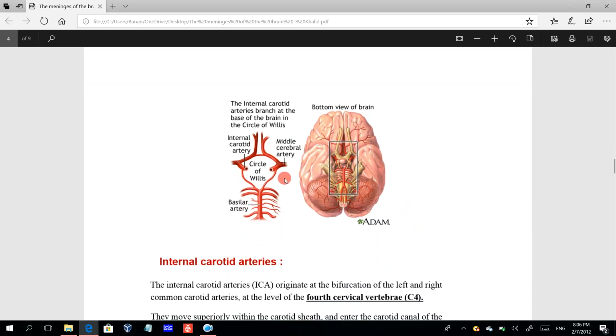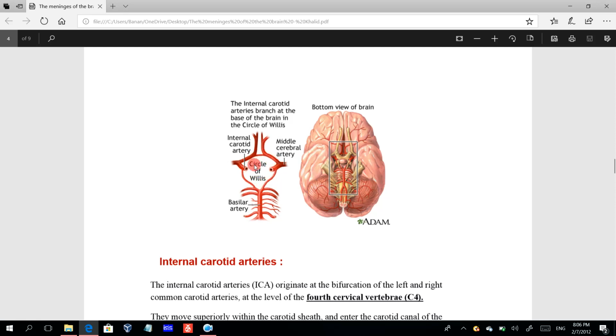Okay, this is the internal carotid artery, of course. This is right, and this is left, and here is the anastomosis. This is from the vertebral arteries from behind, entering this. This picture also is clear. This is the vertebral artery passing to the under surface of the brain. Here it passes and gives many branches. We will discuss it later on. And these branches anastomose with each other, forming this circle,